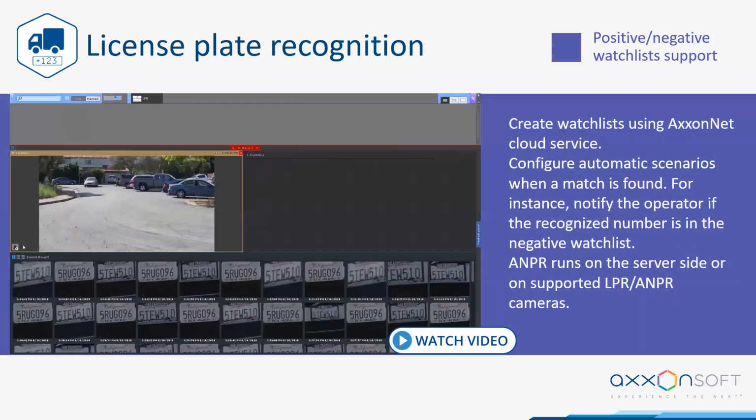So license plate recognition can be used to identify stolen or hijacked vehicles. It can provide access control at secured locations. We can monitor important parking areas and many other scenarios.